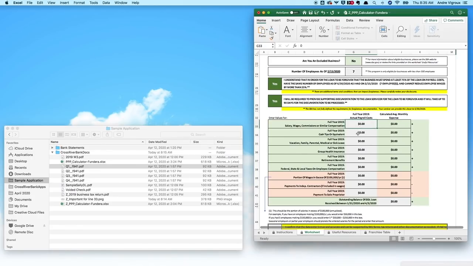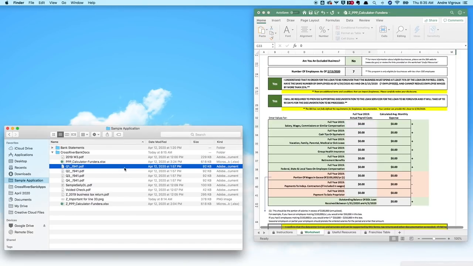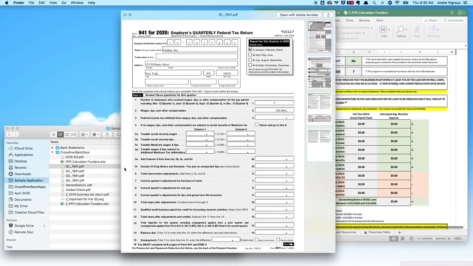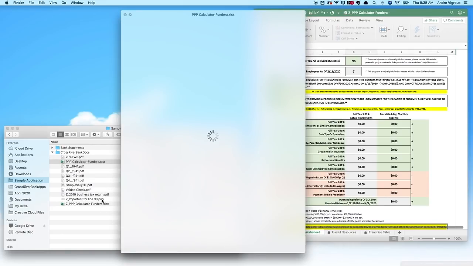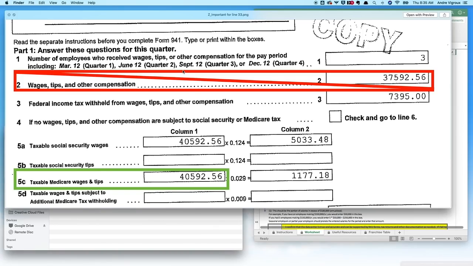So the first line we're going to take a look at is line 33. That is the full year of 2019 salary, wages, commissions, or similar compensation. Now, for this box, we're going to want to have our Form 941s handy. Again, those are the quarterly payroll tax documents. So what's important when you're calculating this number is you're going to want to look at one line in particular. When you're looking at the 941 forms, you might think that we're going to be adding up line 2, but